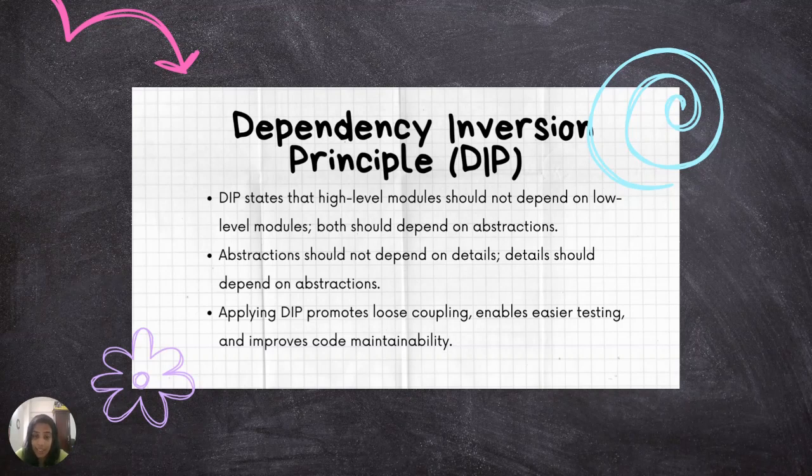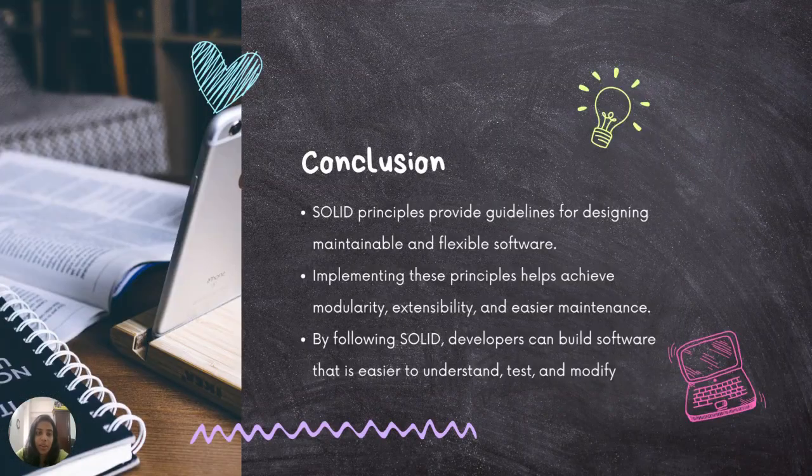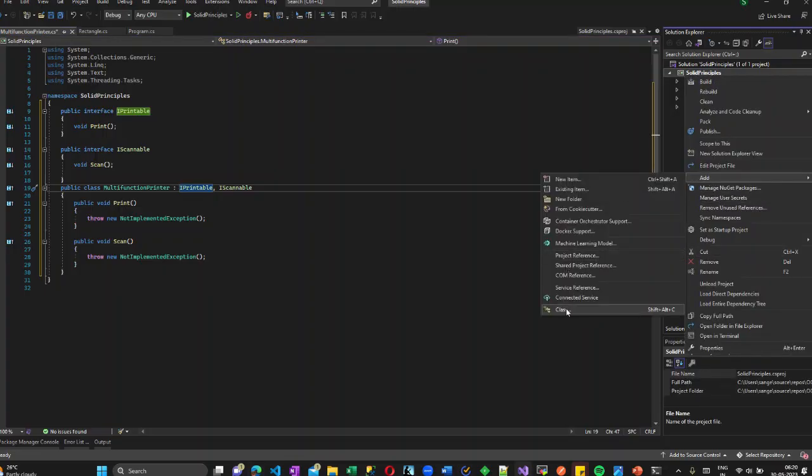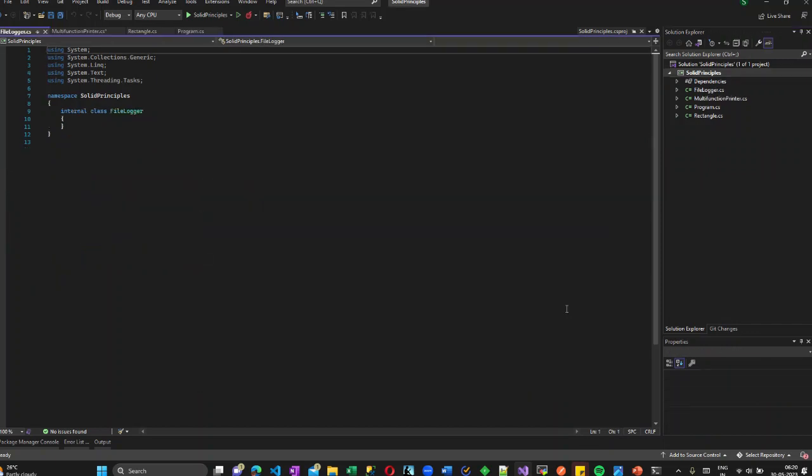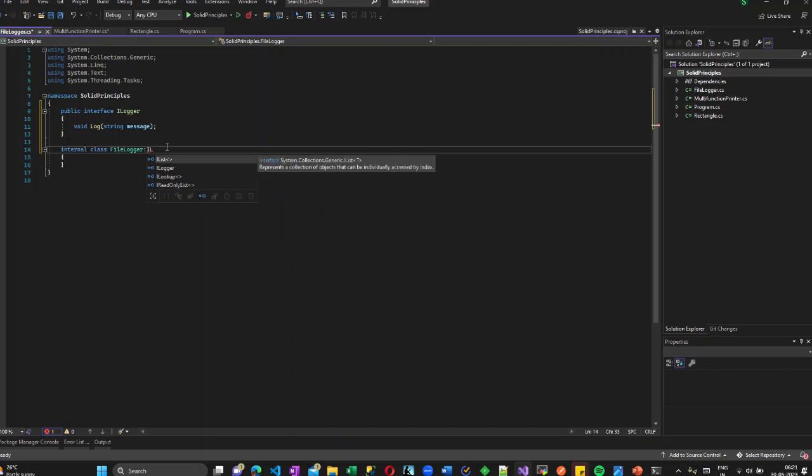Now let us focus on an example where the Dependency Inversion Principle is applied. So let us open Visual Studio and start writing code for this. Now let us implement the Dependency Inversion Principle. So the principle states that abstraction should not depend on details, rather details should depend on abstraction. So in this example, I am creating an interface called ILogger, which has a method Log and which accepts a message